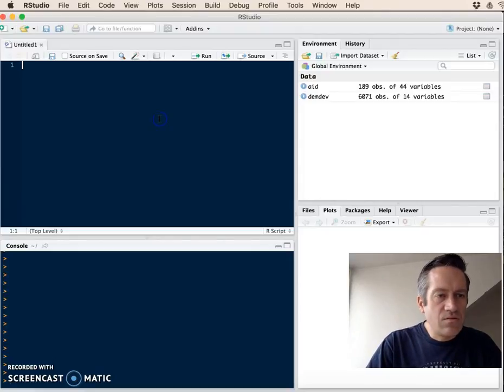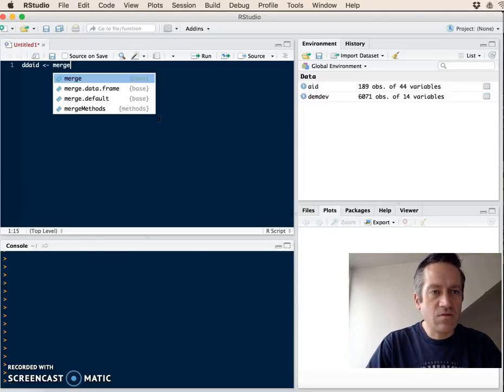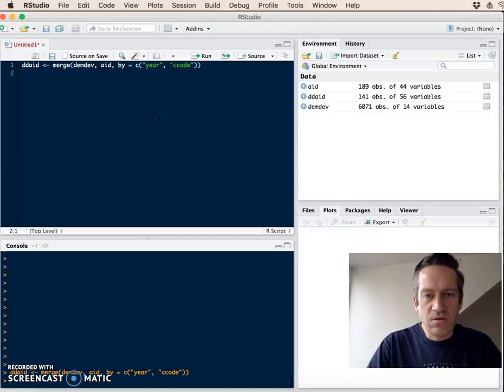So we might do something like this. We create a new dataset that we call democracy, development and aid, and we use a merge command, and we merge both the development data and the aid data. And then we have to indicate on which variable we want to merge, and in this case that is two variables, year and country code. So we can run this code, we get a new dataset with 140 observations. And you'll notice that that is less than what was in aid and less than what was in democracy and development. And the reason is that it will only have merged on those cases where we have information in both